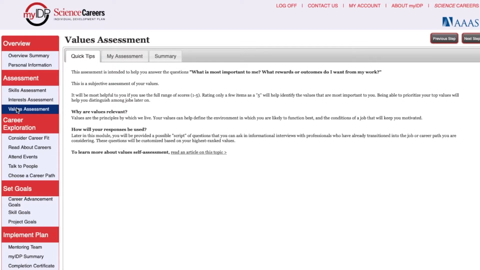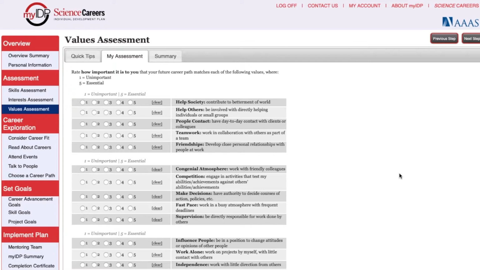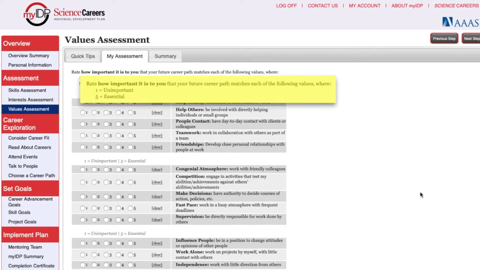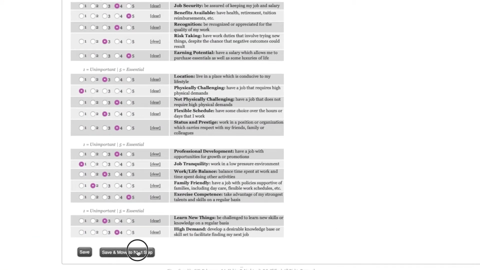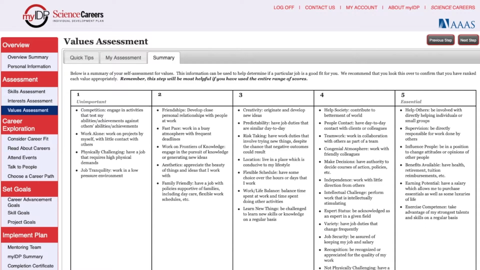These are important questions to answer because we all function the best in environments that fulfill our needs professionally and personally. In this particular assessment, it is tempting to answer most of the questions with 5s, but try to, again, use the full scale of 1 to 5, where 1 means unimportant and 5 means essential, to get the most useful result. Note that if you give too many questions 5s, you'll get a message to review your answers before you are able to proceed. Feel free to pause the video now and complete the values assessment. Review the summary of your values assessment under the Summary tab and revise if needed.